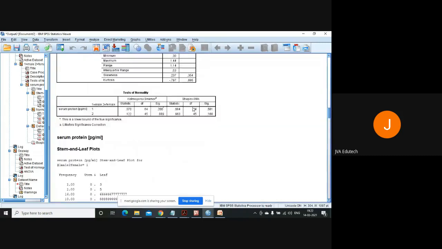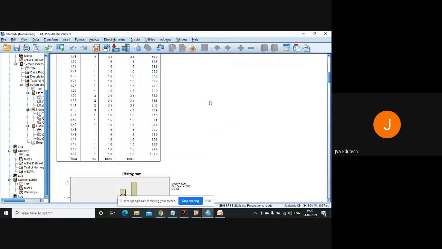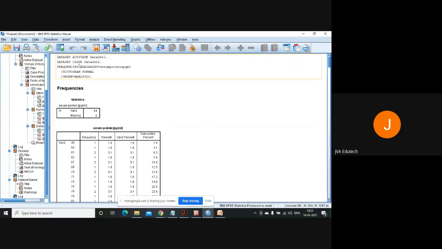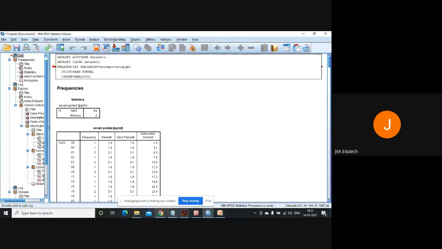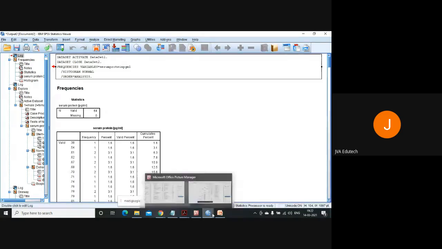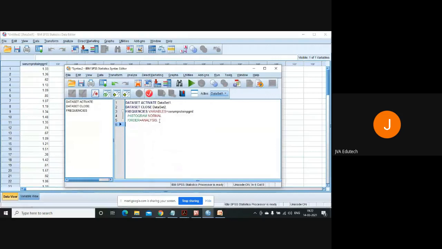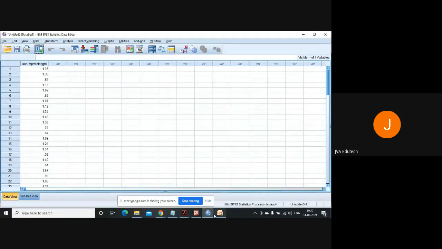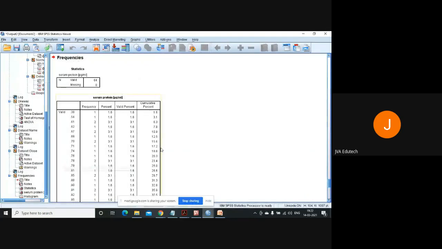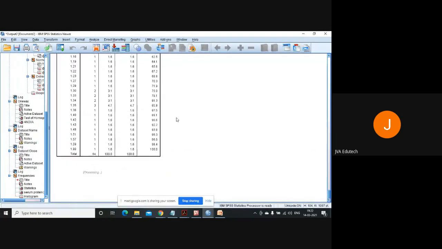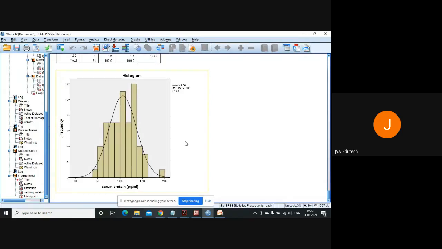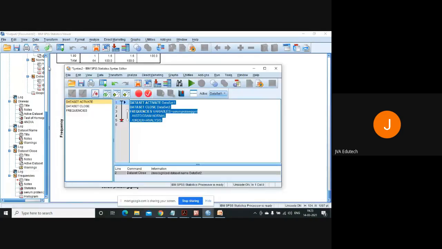Let's see what was my... okay, this one was the active data set. So I'll go to file, new, syntax, pasted it over here, and I'm running this analysis. And again, you can see in the output, it has run the analysis again and made the histogram again. That means I need not repeat these steps in SPSS again and again. I can do modifications in my syntax file.